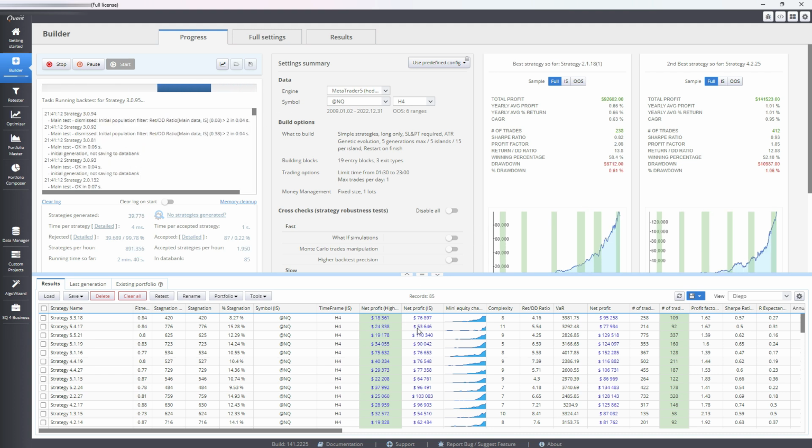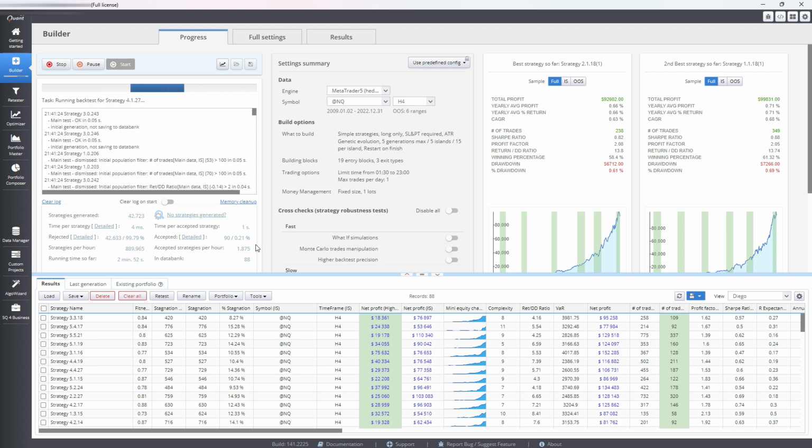Yeah, and after that we test. We are gonna pick up one or two that we like the most. Based on that,